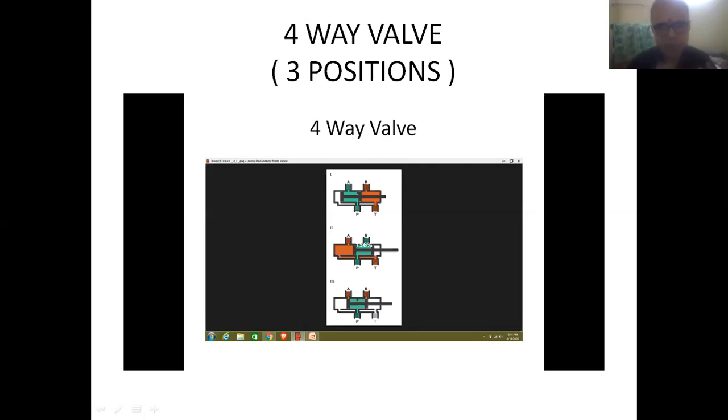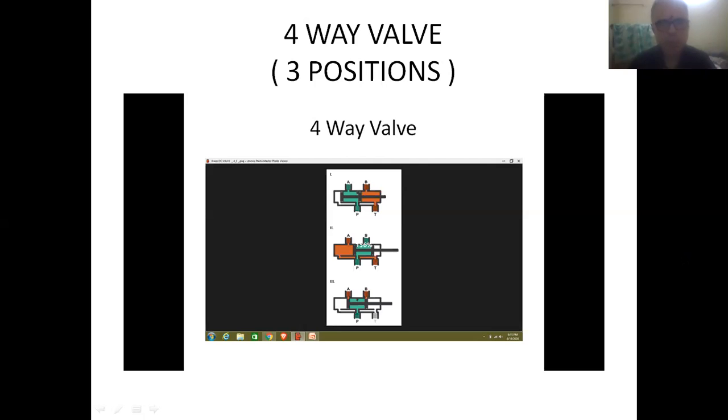So friends, first spool, second spool, and spool rod, all these items will be moving in to and fro directions when the circuit is in operating